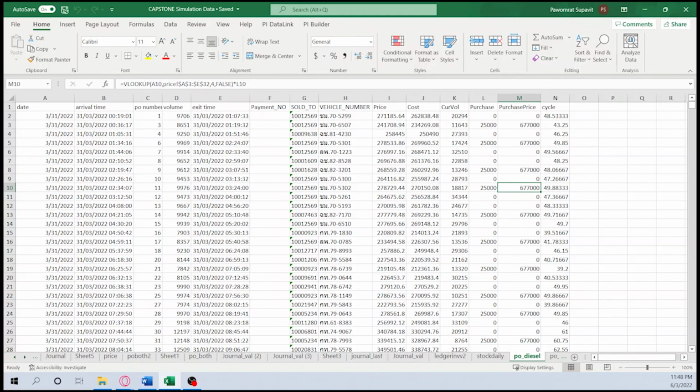For the inventory flow of diesel in PO diesel, for example, in this page, we use an if command for whether or not to buy more gas in the purchase column, using safety stock criteria, which we compare with the current volume in column K. We will get a decision where we either purchase 25,000